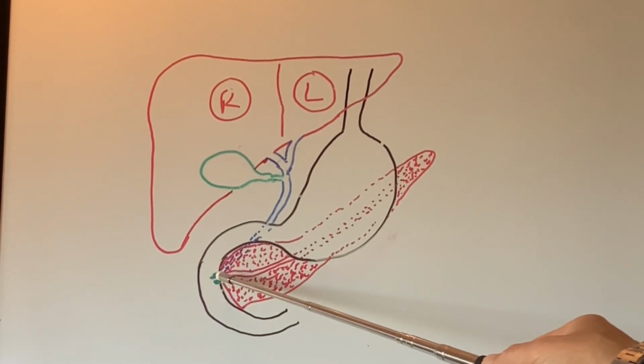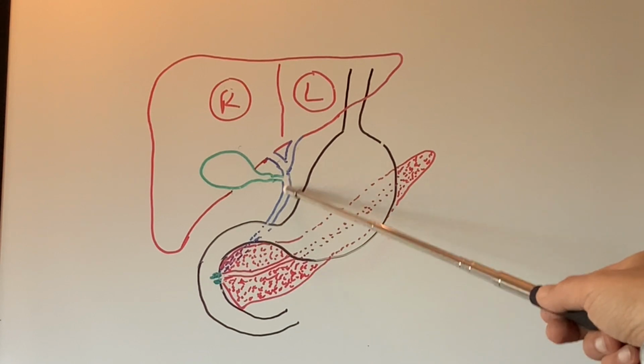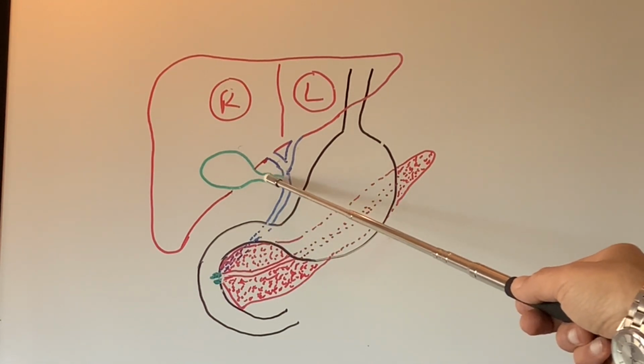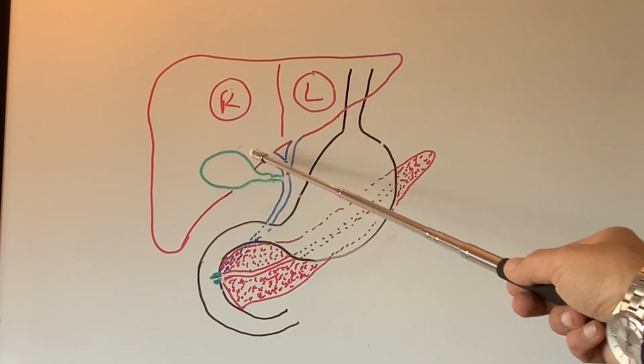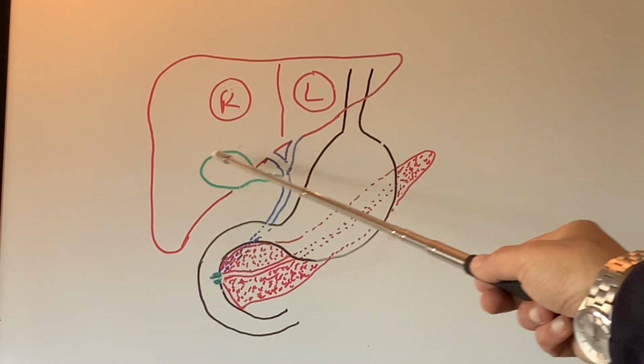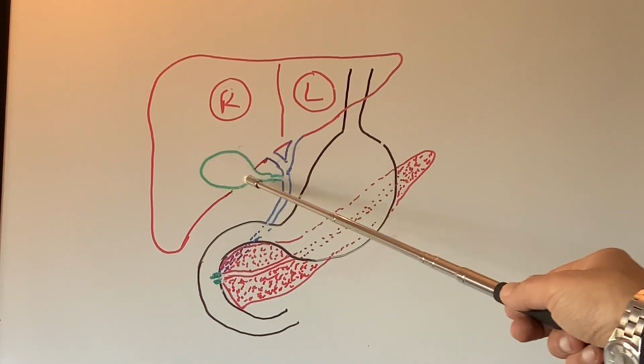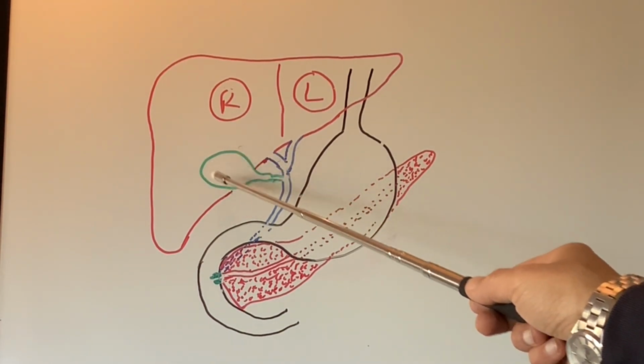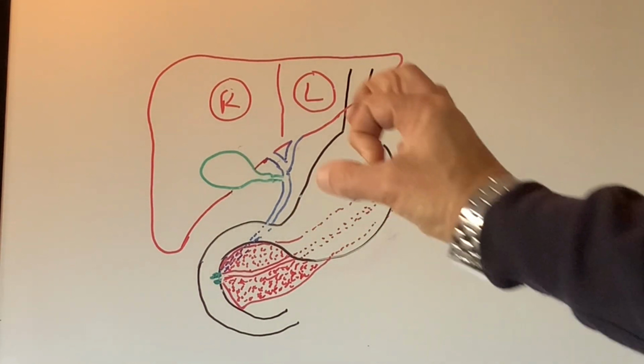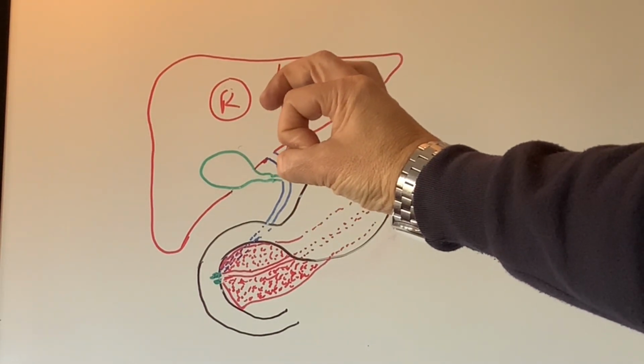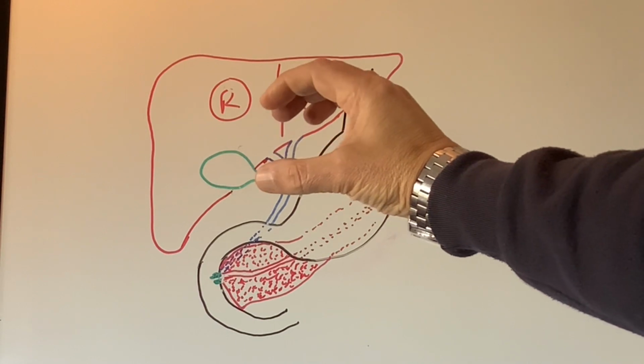So because this is shut, the bile keeps building up in the bile duct and goes through this little duct, the cystic duct, and collects in our gallbladder. So it sits in our gallbladder. So the gallbladder, from being very, very small, like a little bag like this, when the bile is stored, will become bigger and bigger and bigger.